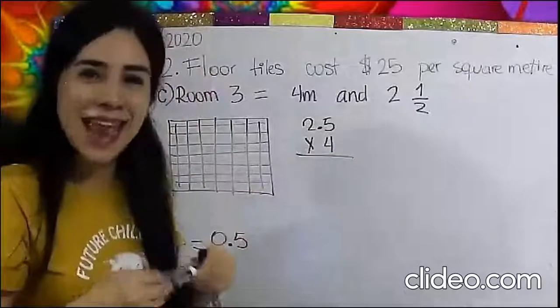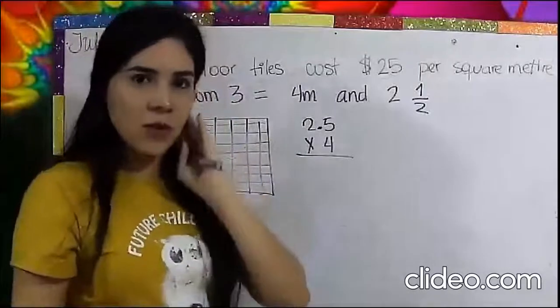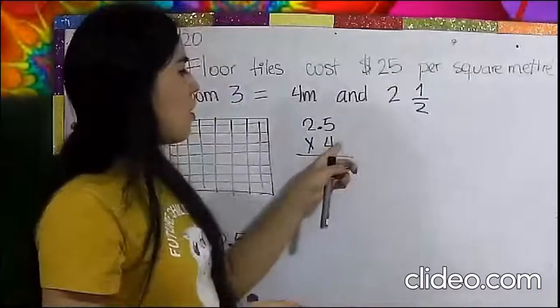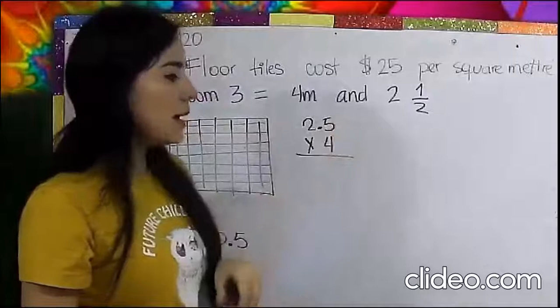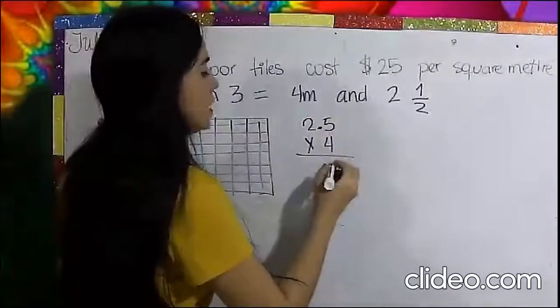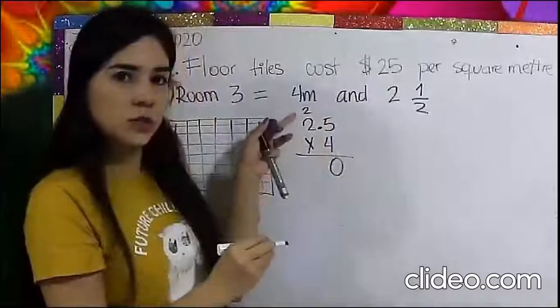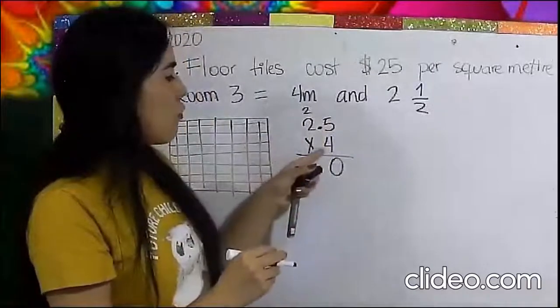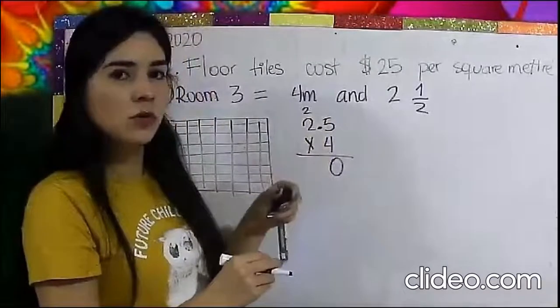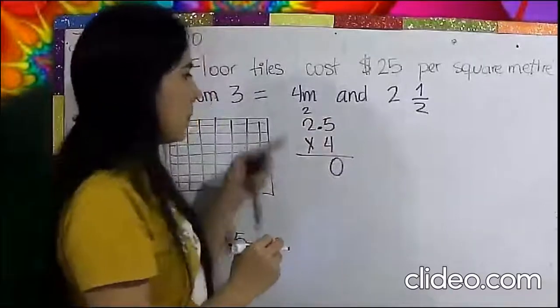So it's the same. Let's do a multiplication, commonly. 4 times 5 equals 20. So let's put this 2 here, 2 here. Now, 4 by 2, 8. Very good. Plus 2,